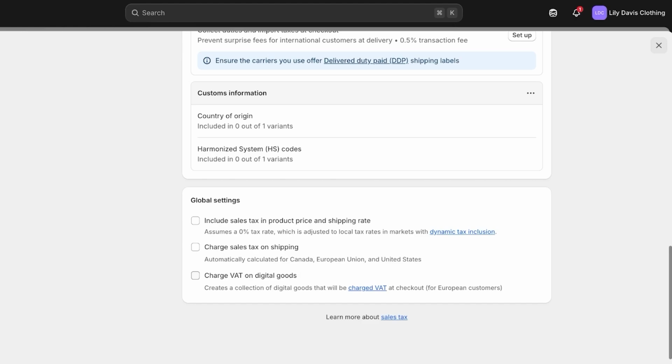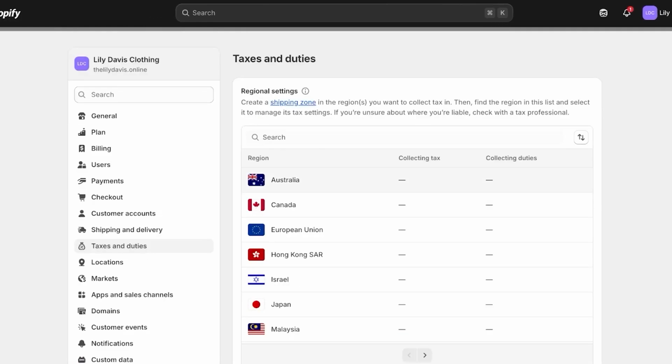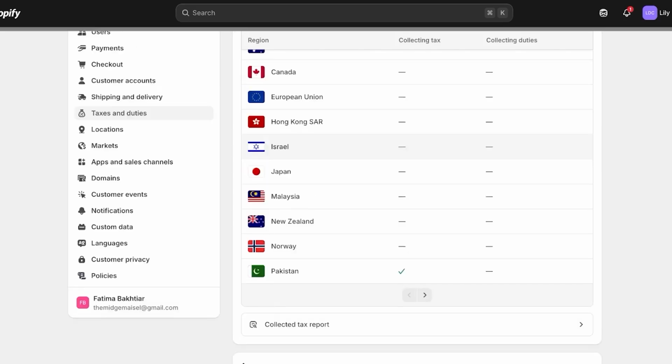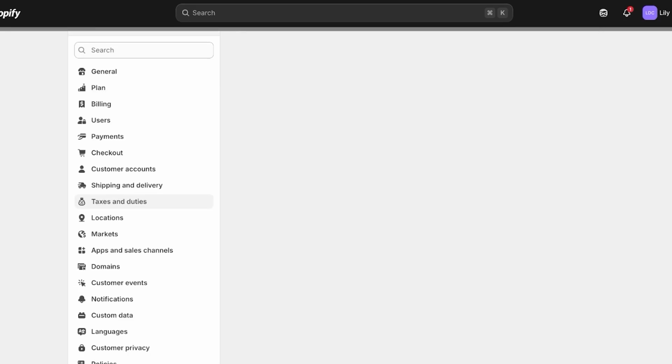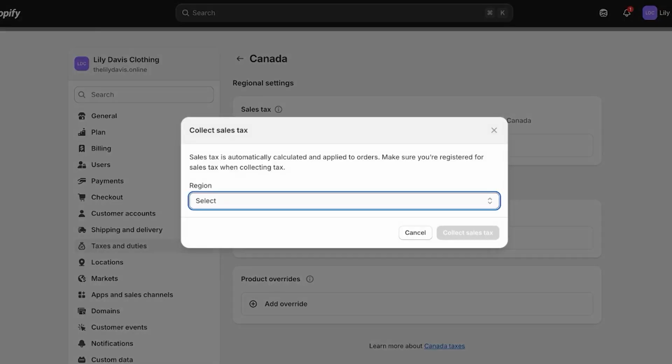Now, for most people, when they are trying to set up taxes, one of the primary functions is to set up different taxes in different regions. So from here, you're going to choose all the regions. So let's say I want to collect tax in Canada. So I would click on Canada, click on the sales tax, select the individual province. So you have provincial sales taxes you can add, or you can add